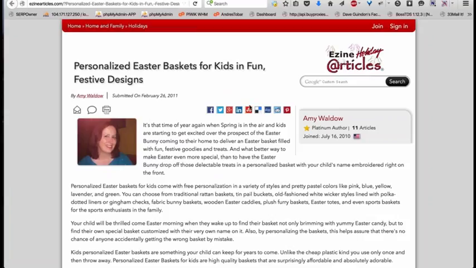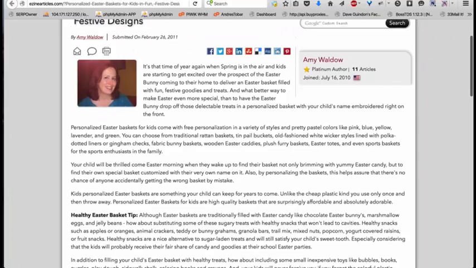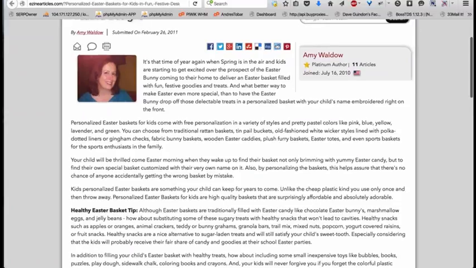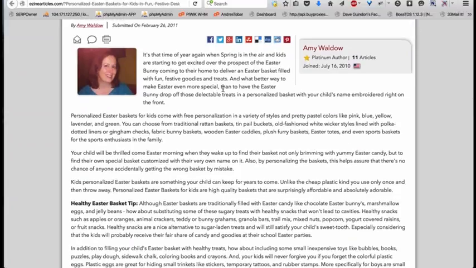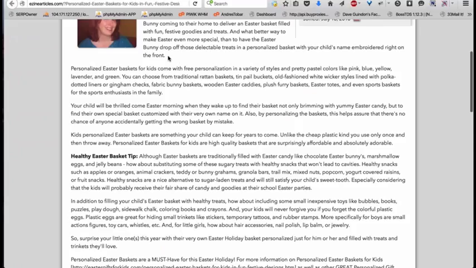So if we look at this article here, I tend to build my websites really fast and I don't pay too much attention to them. So whenever I just open up an article like this and I do a quick glance, all I'm looking for is that there's paragraph breaks.